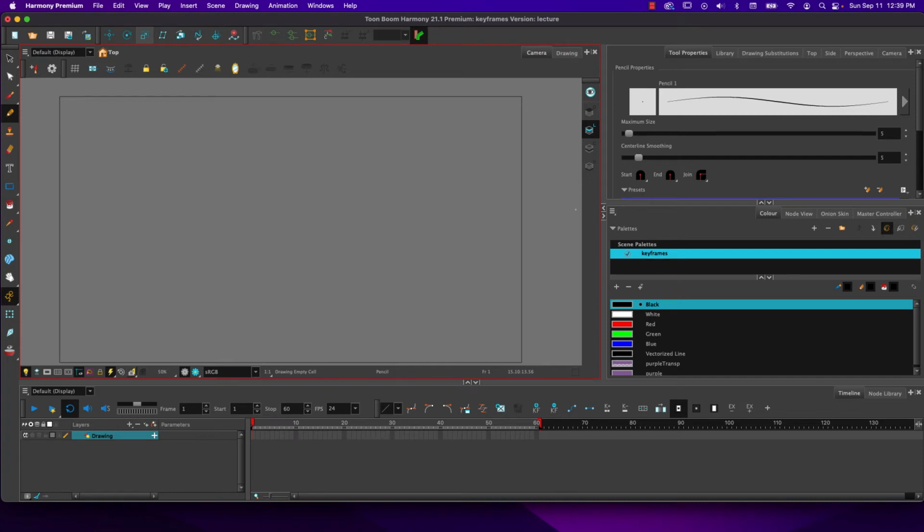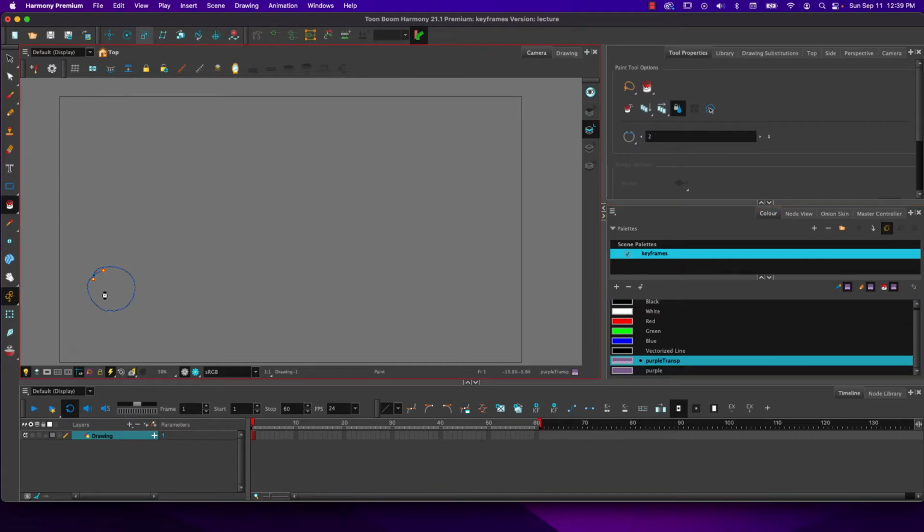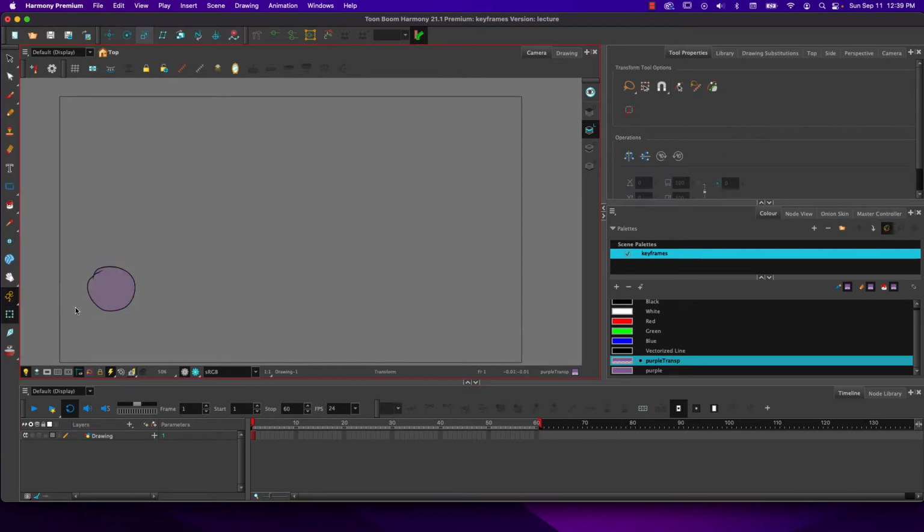In this tutorial, we're going to look at using keyframes to control our animation in Toon Boom Harmony. Now, keyframes allow us much greater flexibility while we're working. So, if I start out with a similar shape that we've used before, I'm going to fill it with a transparent color. I'm doing that because when I have a transparent color inside my artwork, and I put it over something else, I can see it, such as an animation path or something,